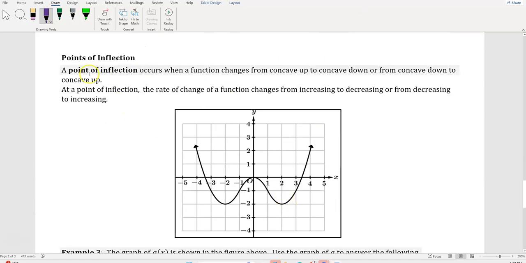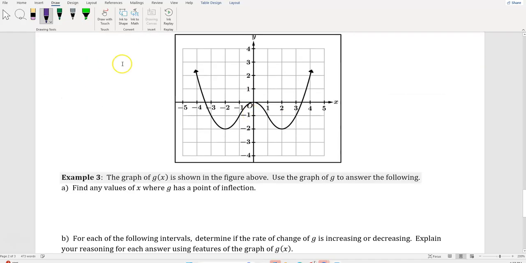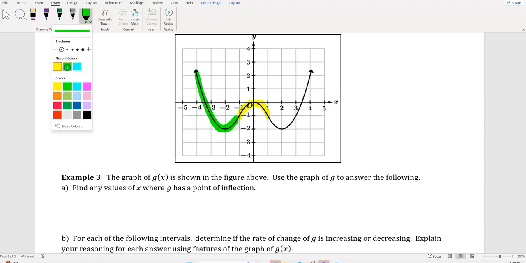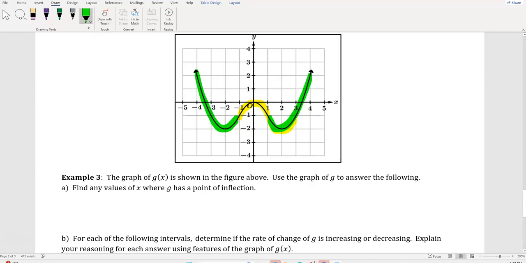The other thing they're going to ask you for is a point of inflection. A point of inflection is a point where concavity changes. So, if we just look at this graph, if we look at concavity, this graph is concave up here. Then, in the middle, it switches to concave down, and then here, it switches to concave up again. So, that means that here at,